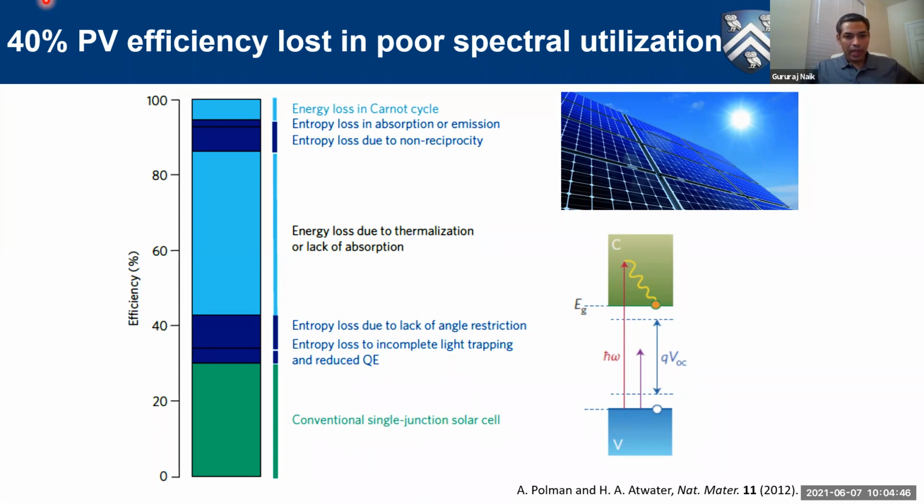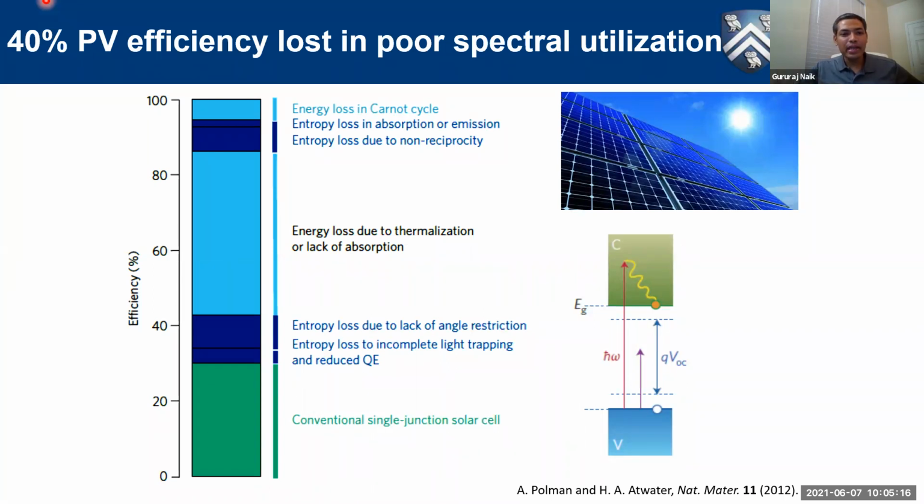In fact, NREL, the National Renewable Energy Laboratory in the US, has shown that the maximum efficiency that you can get, even with a 32 junction solar cell, is about 48%. So you cannot really go past 50%. While the Carnot efficiency is really high, right? The sun is a black body at 6,000 Kelvin, so that's your source temperature, and your sink is terrestrial temperature, so it clearly can go to very high efficiencies.